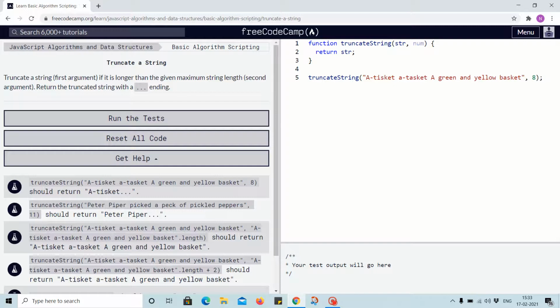We have a task: truncate the string that is given in the first argument, if it is longer than the given maximum string length, which will be in the second argument, and return the truncated string with a triple dot ending. In that case,